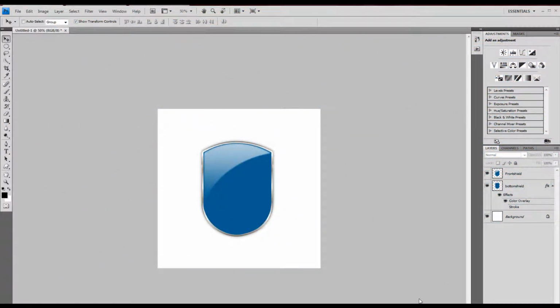Hi there, this is a tutorial about how to make a reflection effect or a mirror effect if you want. I have this pre-made logo with a front shield and a bottom shield, and the bottom shield is a shadow kind of effect